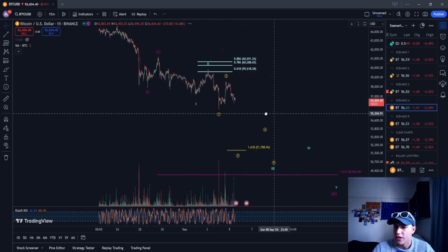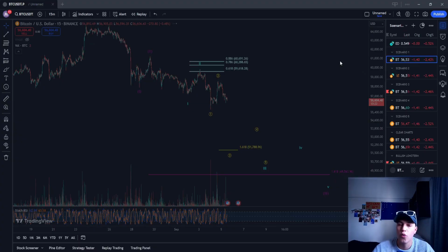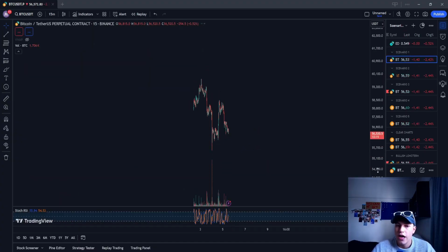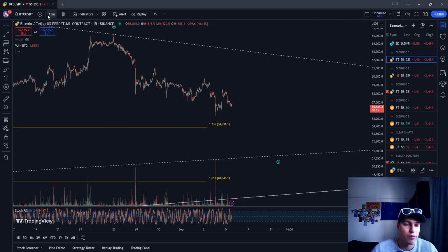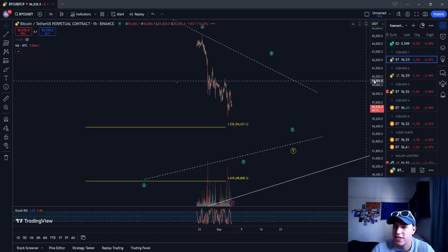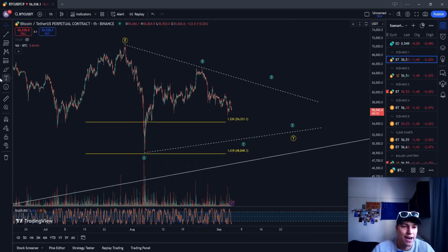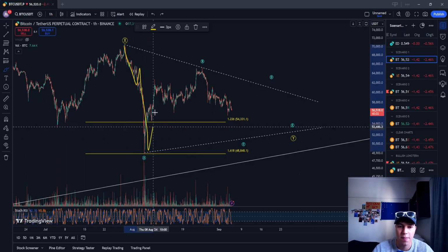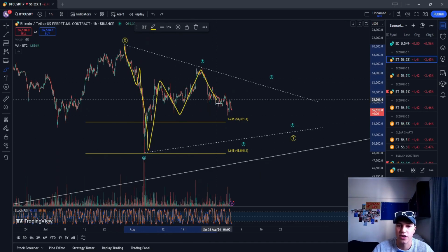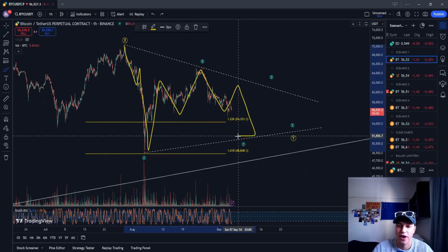Now, on the second scenario, we have a triangle to the downside too. So if we go to the hourly time frame, this is the other scenario here, an unfinished Y where Y is a triangle. In all moves in a triangle are 3-wave structures. So an A, B, C, A, B, C, and now we are seeing A, B, C in a wave C,